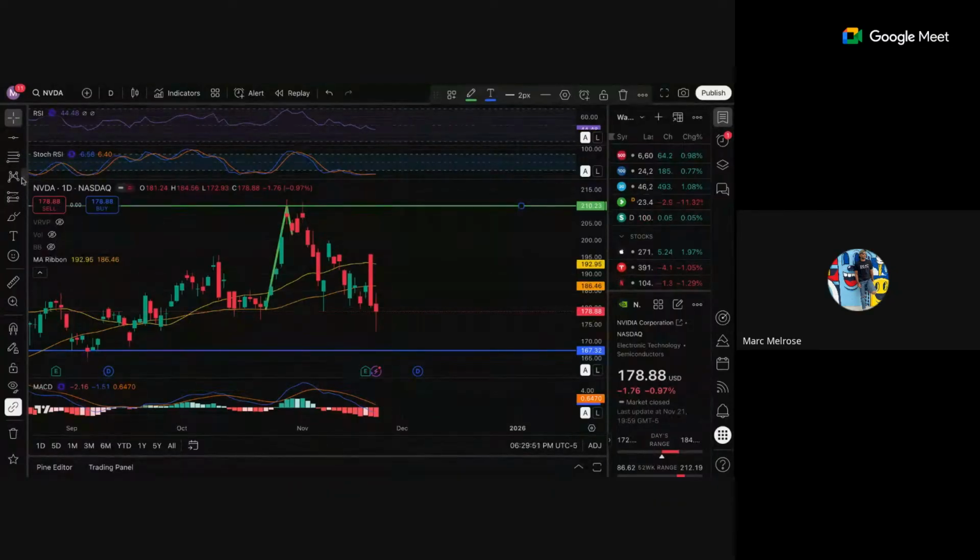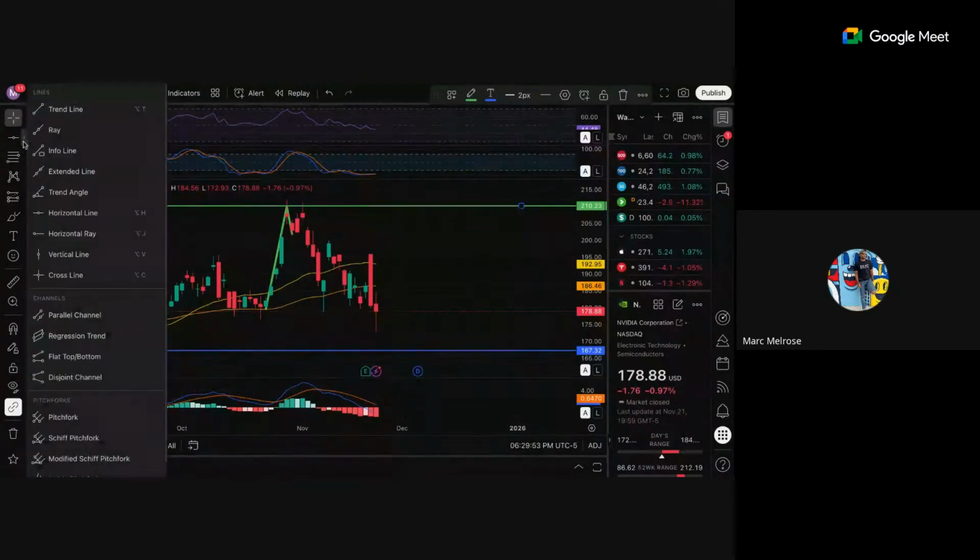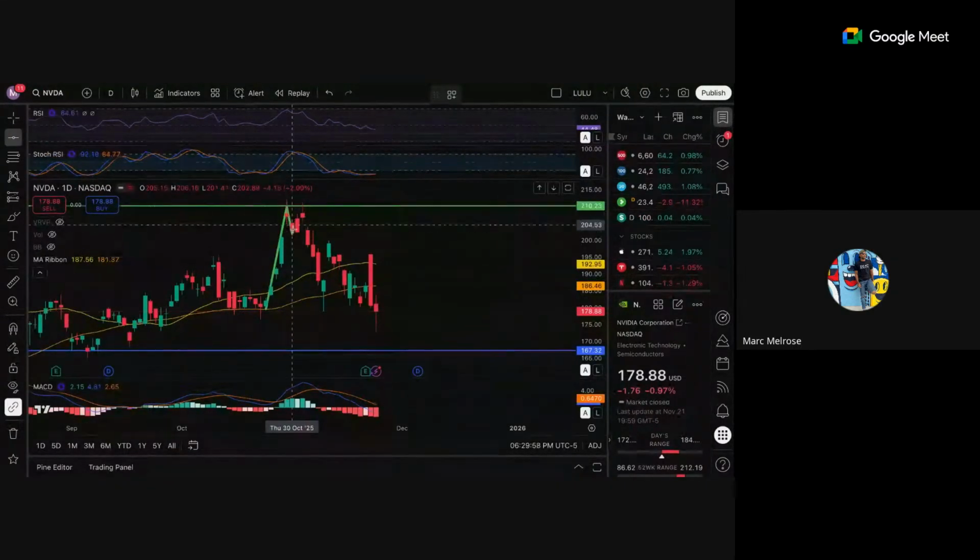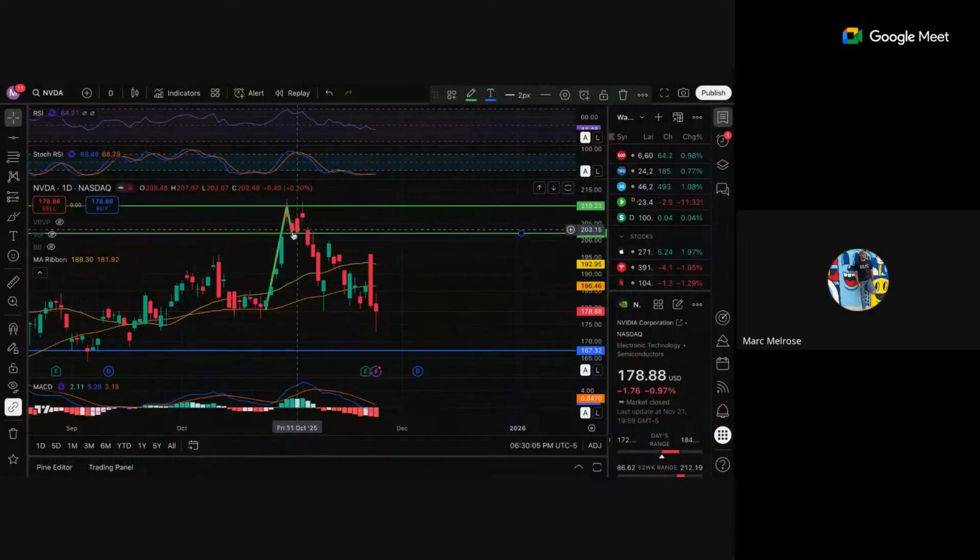And then once it tested this level, it went down and it tested a support level. The support level was at about 202. And this is a really important level to take note of. You want to take note of where you started to have that support rejection. So we have support rejection at 202. And then from there, it started to go up, and then it pulled back,